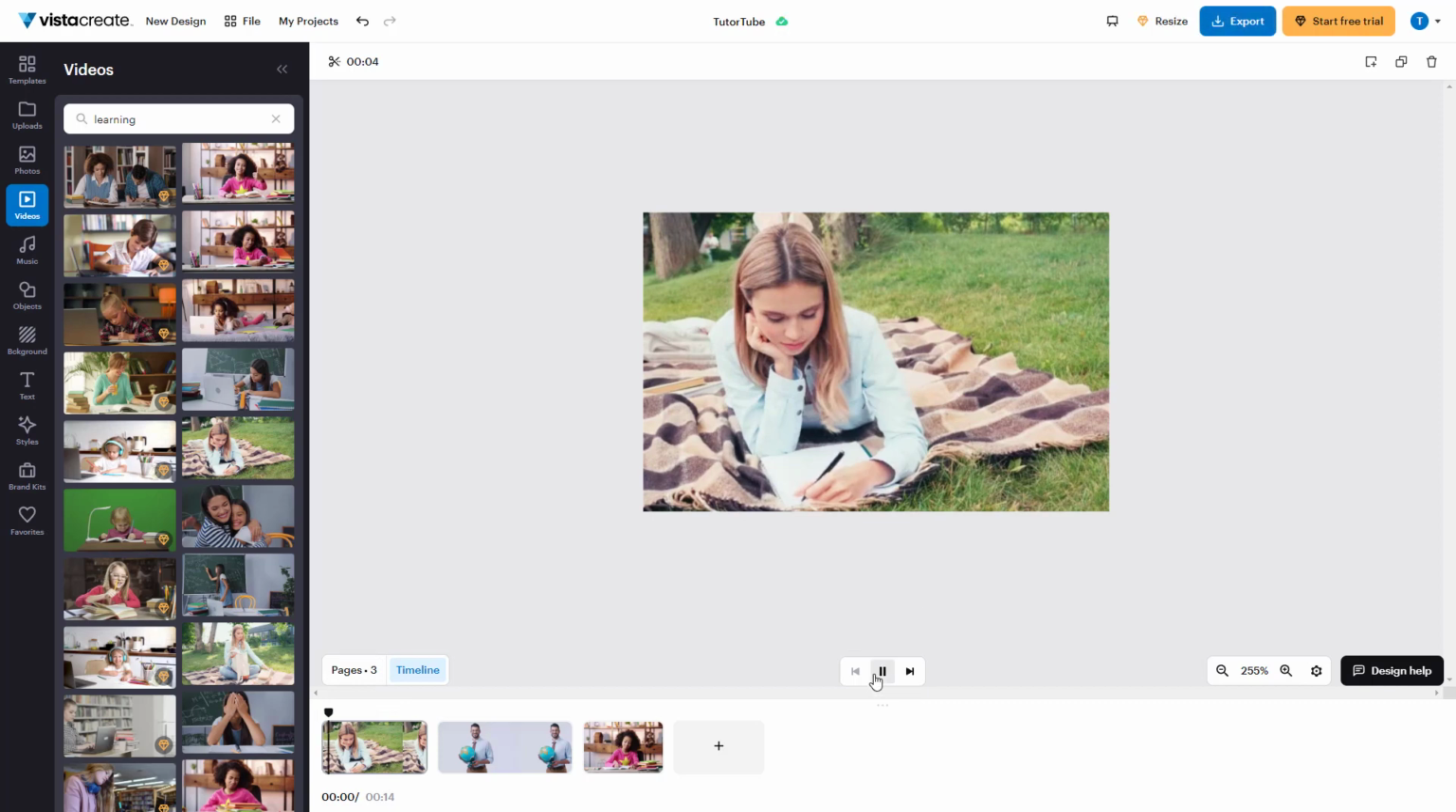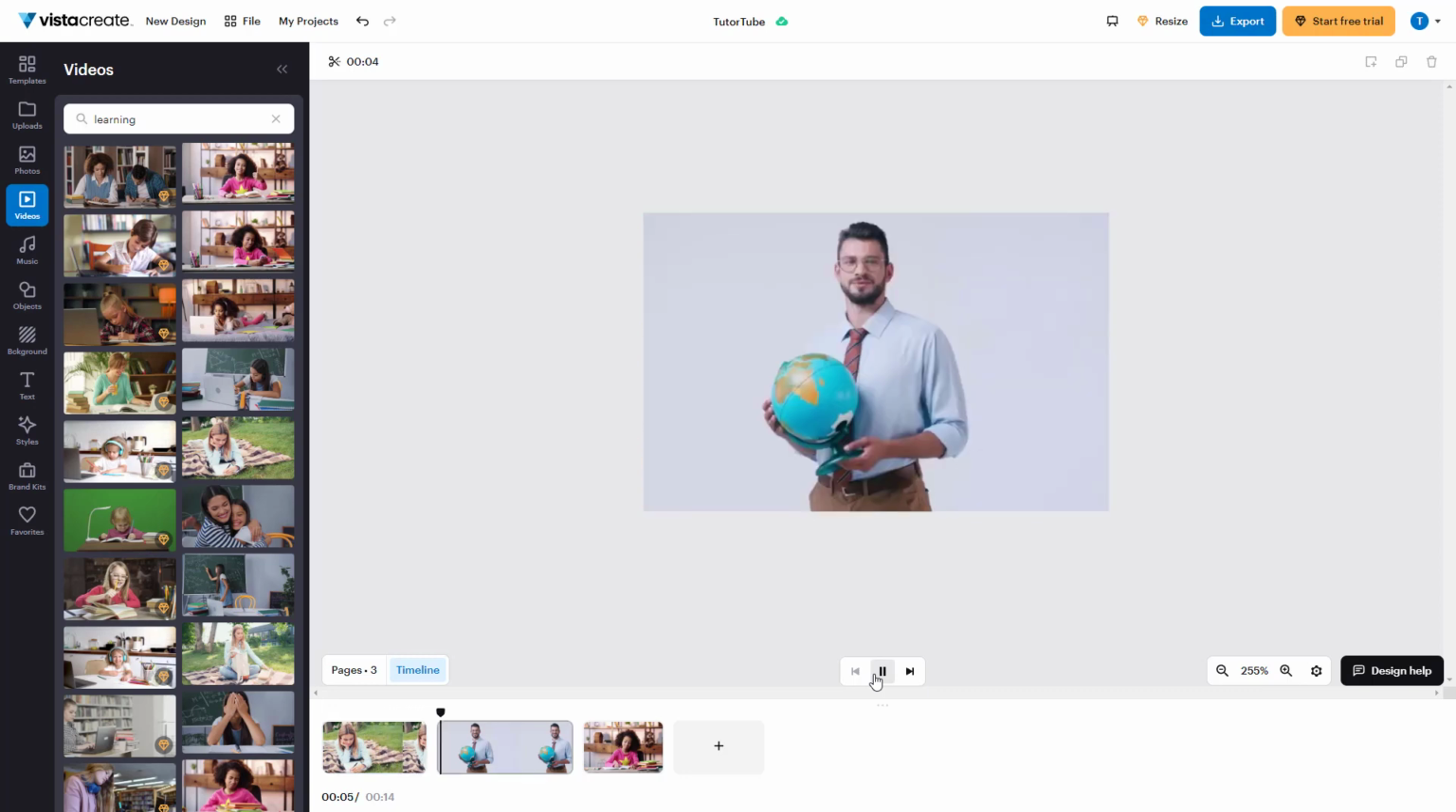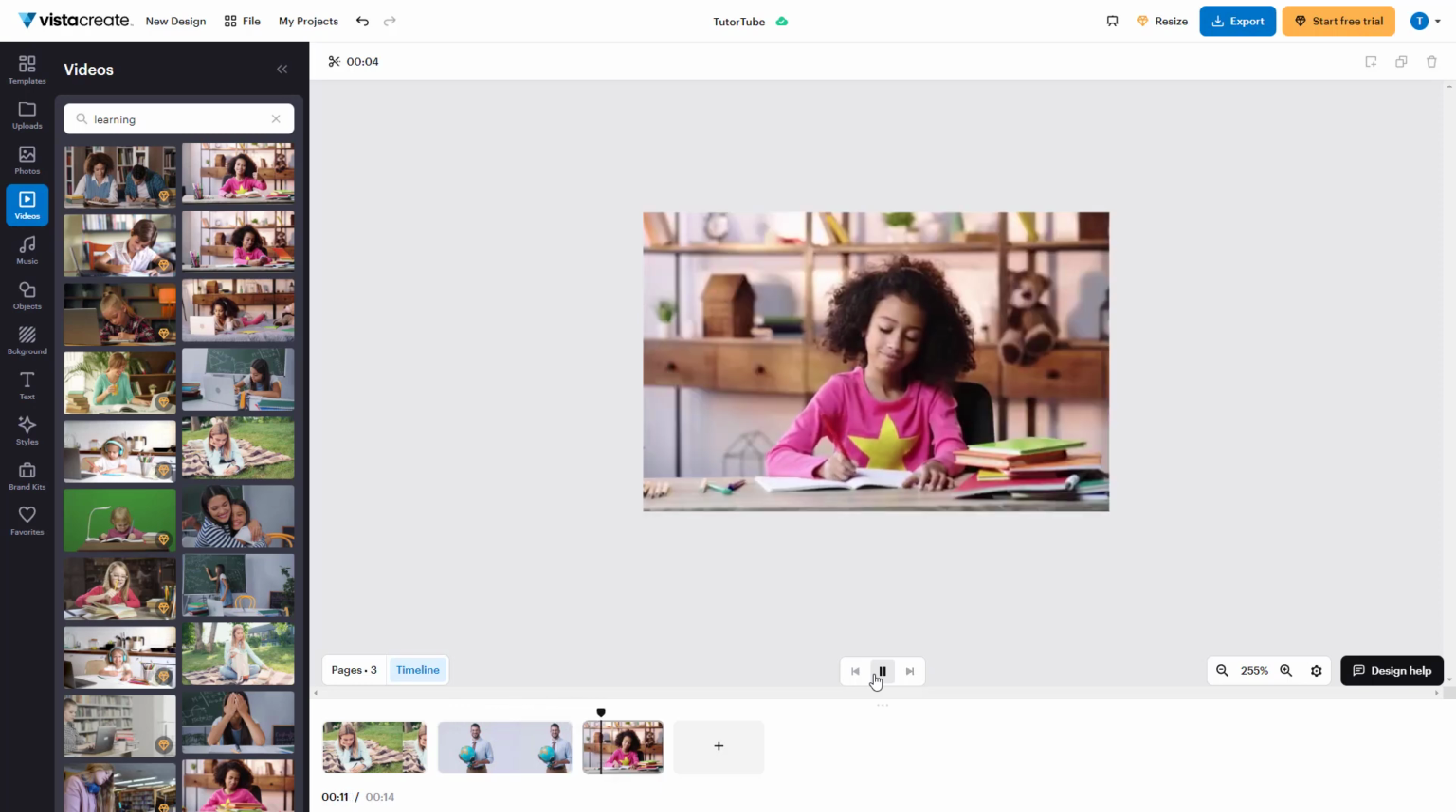So if I were to press the play button, you can see that this video right there plays out first, and then you have this video right here playing out, and then you have the other video. And that is how the timeline actually works right here. So that is how you can arrange videos in the timeline according to how you want